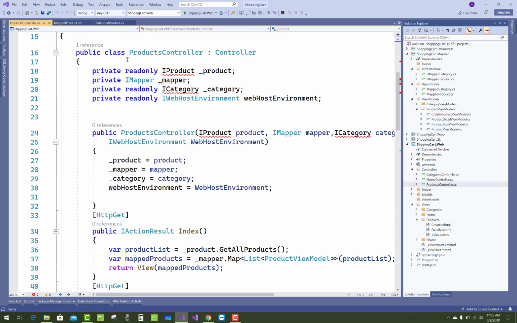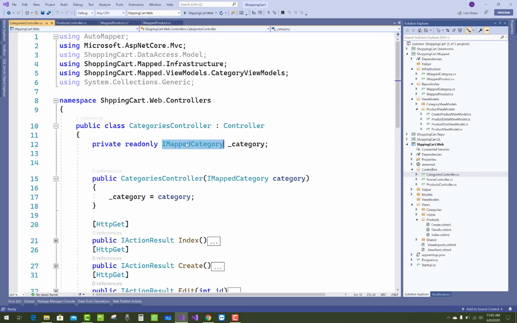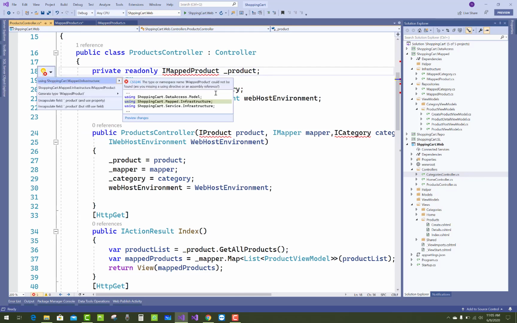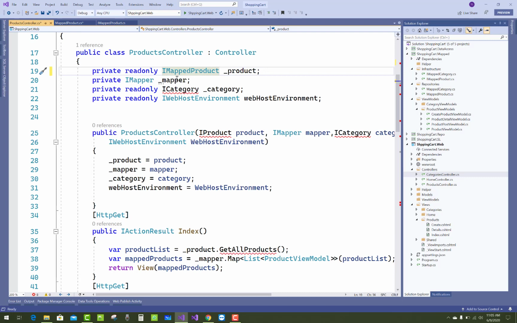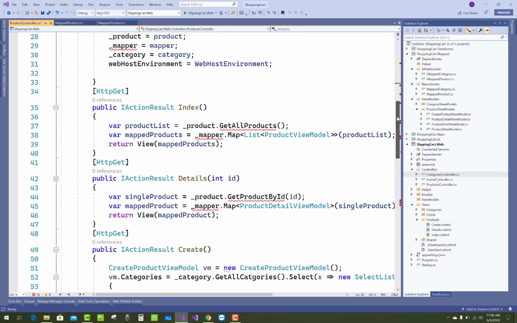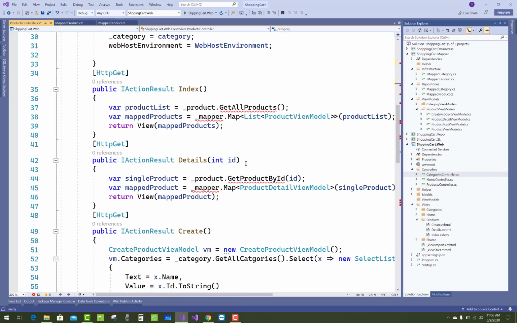So in the product controller we have the first action method, that is Index, and in the product controller you can add IMappedProduct. Mapper is removed from the product controller because in the mapped project we use mapping, so just remove it from the UI layer.